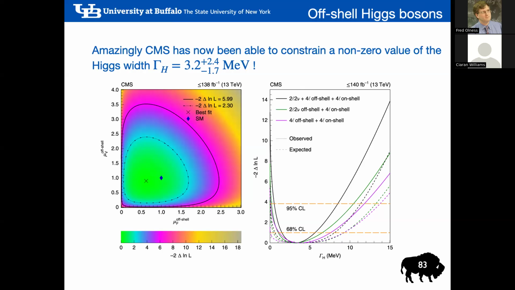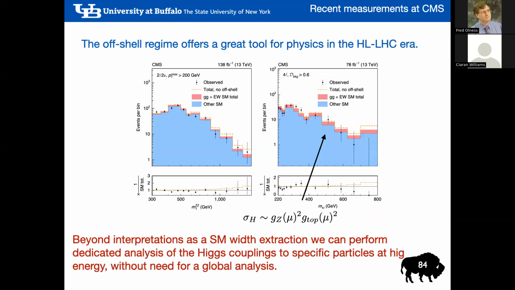It's remarkable that CMS and ATLAS have been able to measure something of MeV scale physics in a GeV range, bending over thousands of GeV, right? So that's an incredible precision result from them. But I would argue it's not even the most interesting thing you can do with this data, because to get